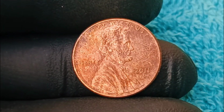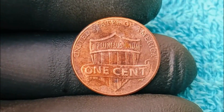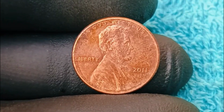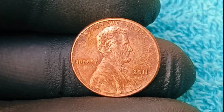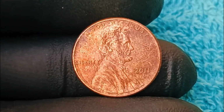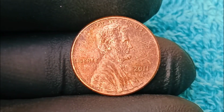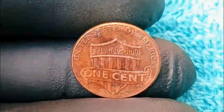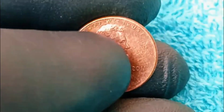the 2011 Lincoln cent that became a multi-million-dollar marvel, and to understand how such a small copper-plated coin could hold so much value, we need to start at the very beginning, with the United States Mint and the way pennies were being produced in 2011, a time when the mint had transitioned fully to copper-plated zinc planchets weighing just 2.5 grams, featuring the now famous Union Shield reverse design that replaced the Lincoln Memorial in 2010, and the obverse still carried the timeless bust of Abraham Lincoln, designed originally by Victor David Brenner, but something went dramatically wrong during the